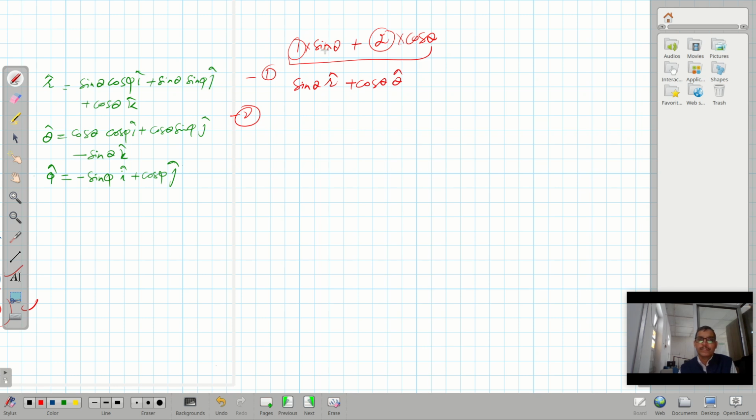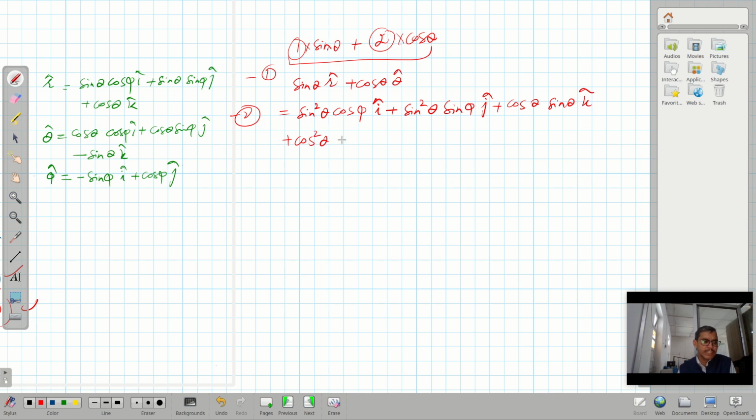So when sin theta is multiplied with it, it is equal to sin square theta cos phi i cap plus sin square theta sin phi j cap plus cos theta sin of theta k cap with it,